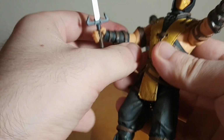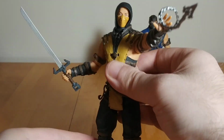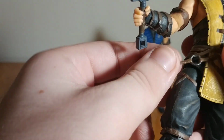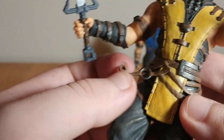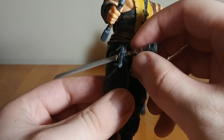Again, I wish there was an up and down joint for that. That's pretty cool. You can get him holding the sword, doing whatever you want to do with it. There is no real storage for the swords. He does have this little random hook on his side there, so I was thinking you can do something with that. And you can kind of wedge the blade